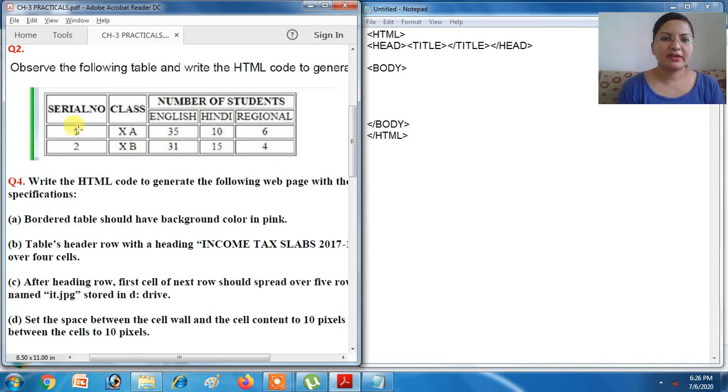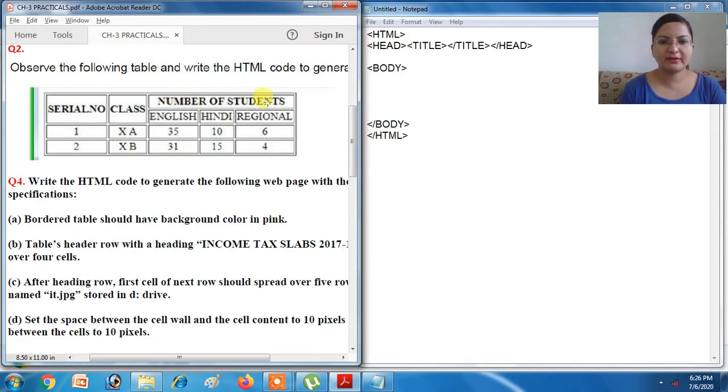So here you can see how many rows. Find the maximum number of rows. Colspan and rowspan are used here. This is the first row, this is the second row, this is the third row, and this is the fourth row. In the first row you can see the th is used in place of td. In the first two th you have to use which, colspan or rowspan? You can see it is spanning two rows vertically, that is rowspan. Here this is spanning three cells horizontally, and that is why it is colspan.